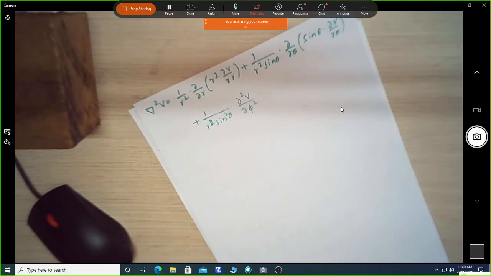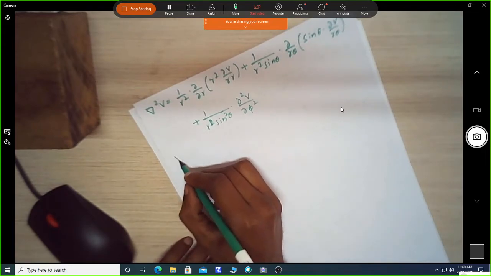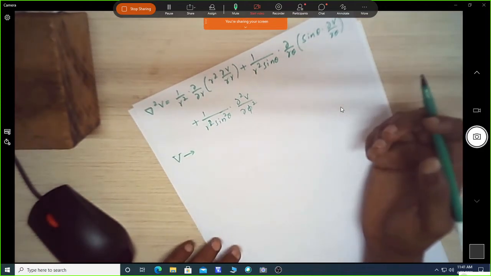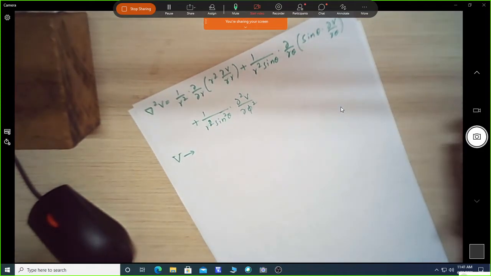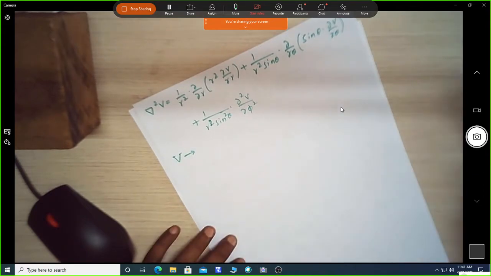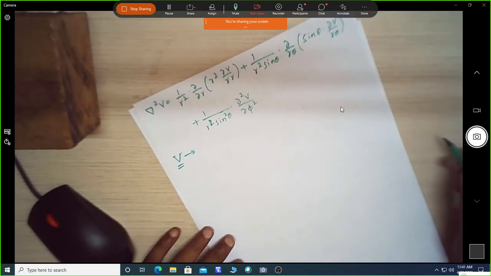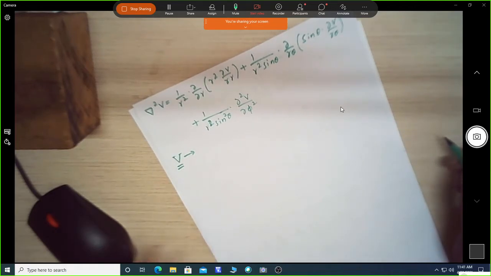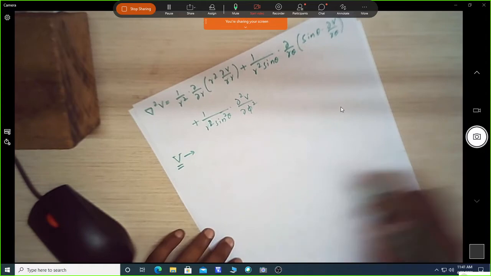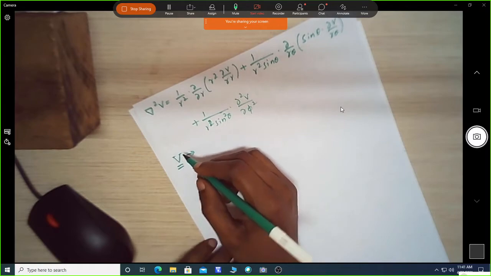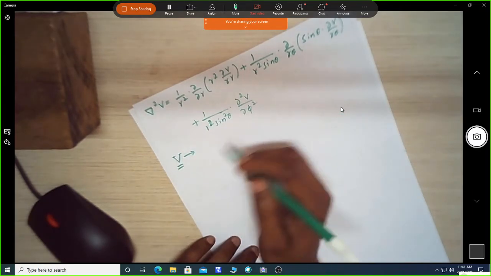Okay, so now if we apply the Laplacian to a harmonic: if I have a scalar field V, it has a fundamental component as well as harmonic components. Just like a sinusoidal signal has a fundamental frequency as well as harmonic components. In the similar way, if the scalar field V has the fundamental as well as harmonic components, and I operate the Laplacian on the harmonic component of V, then the Laplacian of the harmonic component will give 0, or it will vanish.